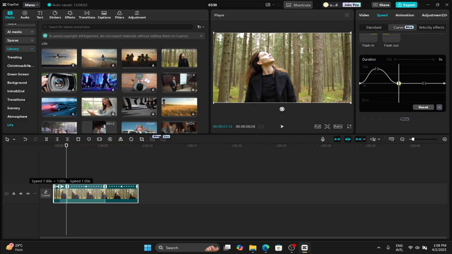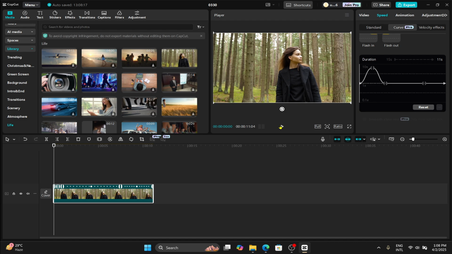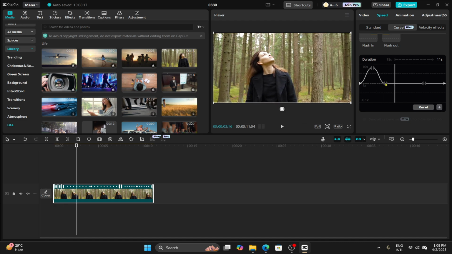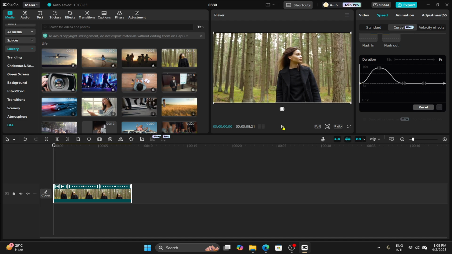You can also change the duration of the speed ramp by dragging the endpoint closer or farther away. When you drag it closer, the speed ramp duration will decrease, as you can see in the preview right here. If you drag it far away, the speed ramp duration will increase, and it will last for a longer section